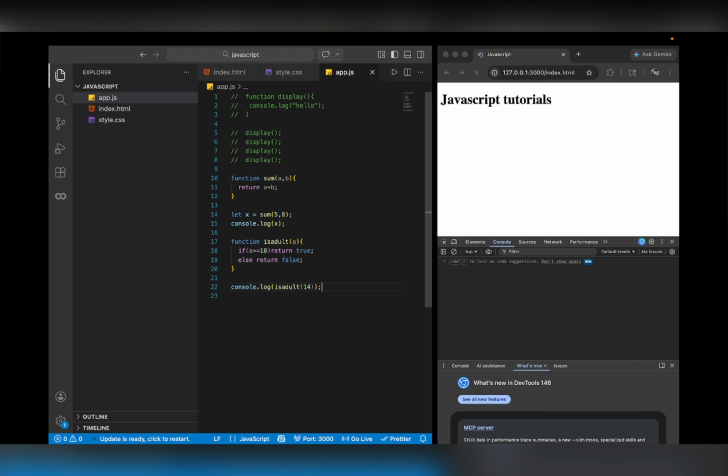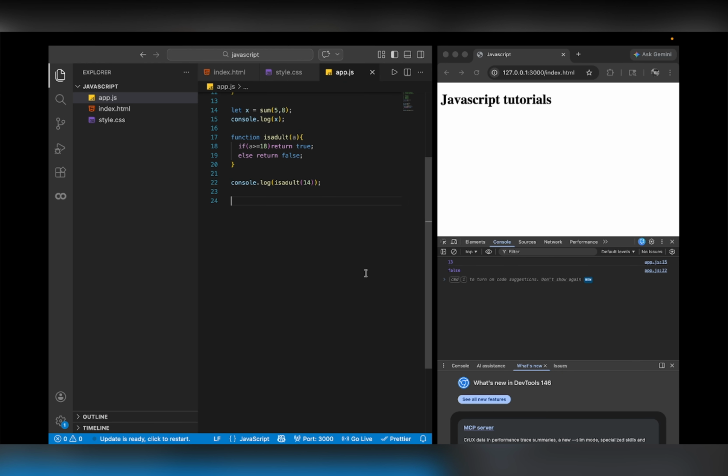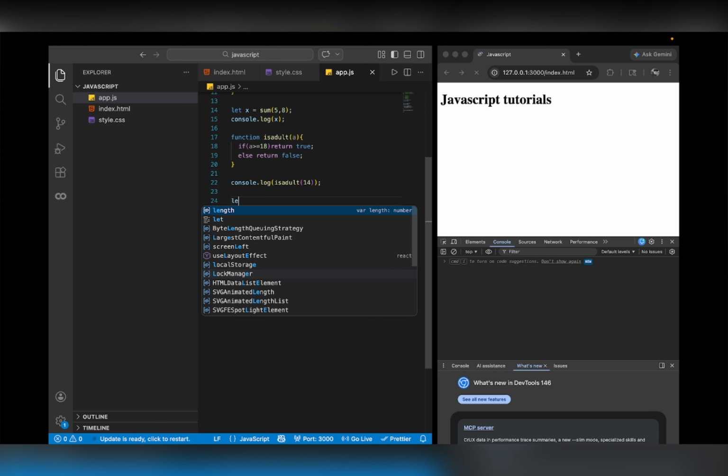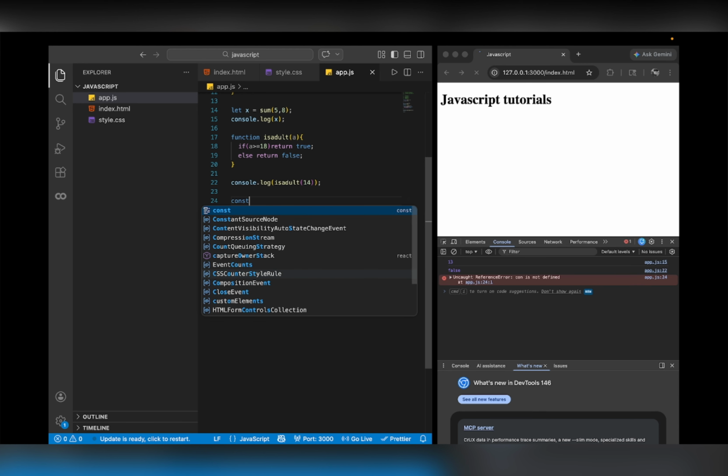सो नेक्स्ट वी हैव एरो फंक्शन। सो फंक्शन को डिक्लेयर करने का एक और मेथड है बाय यूजिंग एरो फंक्शन। तो कैसे करते हैं, लेट्स सी, लेट्स से लाइक const